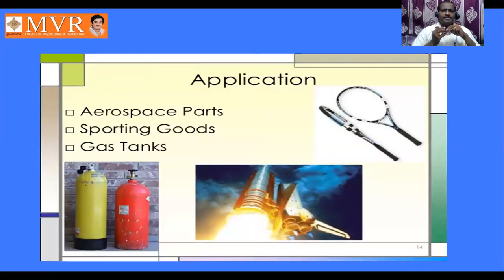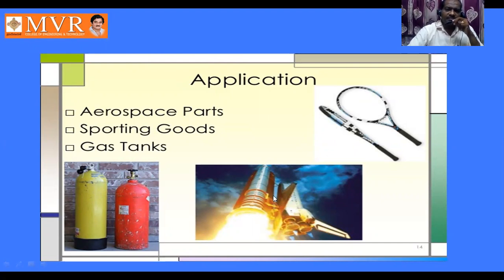Next, in aerospace also we need high pressure elements or to store gases. In that case, we can use this. Next, sports goods. Here, if you observe a racket, we need high tension. For that also, we can go for filament winding. That means the winding can be used to fill this empty racket with a particular wire so that it can have high tension wires. So these are the rackets. So this is the aerospace.